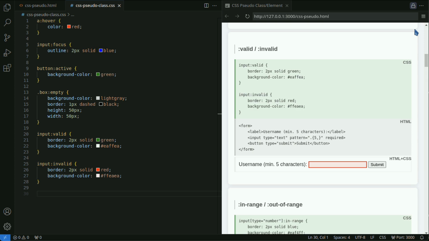The invalid style is applied when a form element does not meet HTML validation rules, e.g., type equals email. In this example, a green border is displayed if the entered text is 5 or more characters long, as specified by the pattern attribute. If the entered text is less than 5 characters, a red border is displayed.